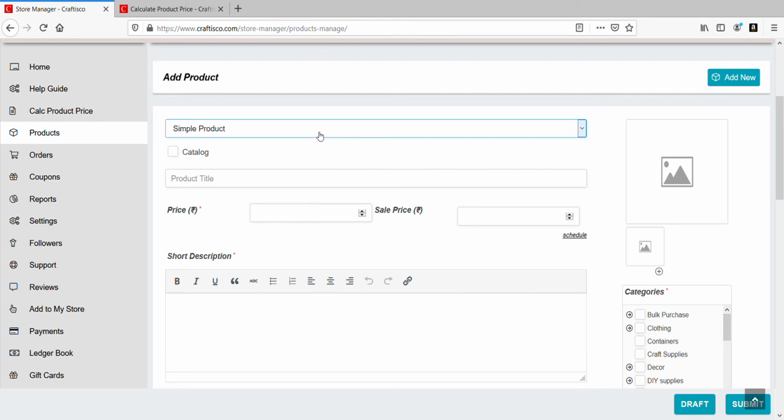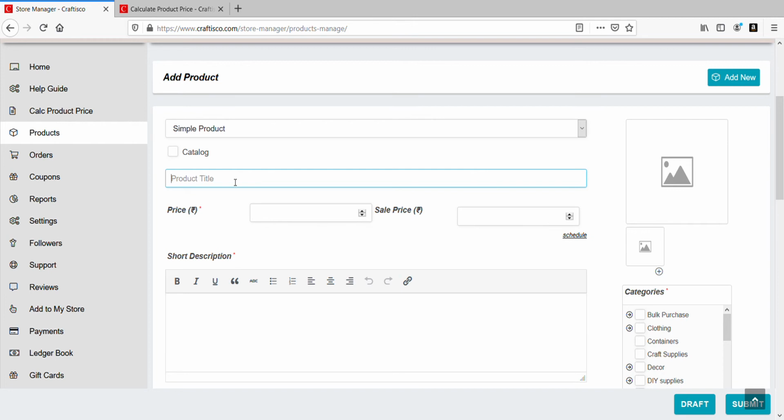For example, you're just selling a particular soap, right? For example, we are selling a soap which comes as a standard, so it's going to be one type. It's not going to be two different types of soap. So if it's just a single type, then you can say it's a simple product.